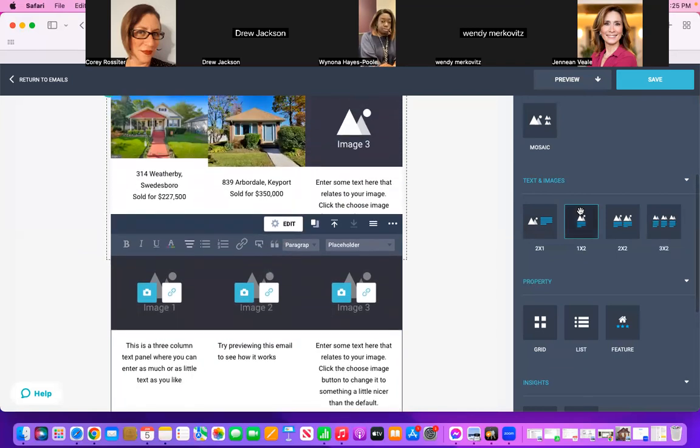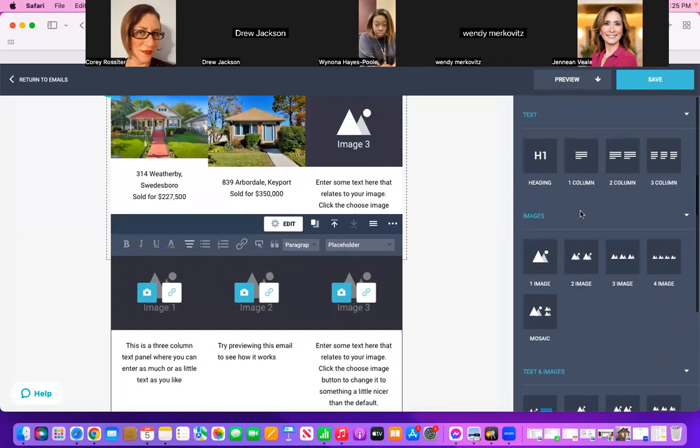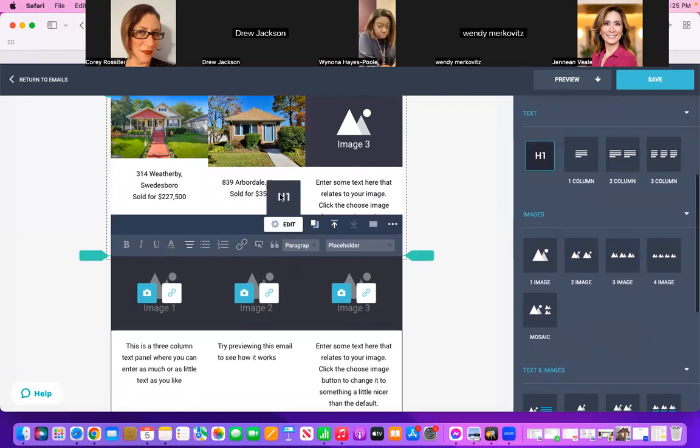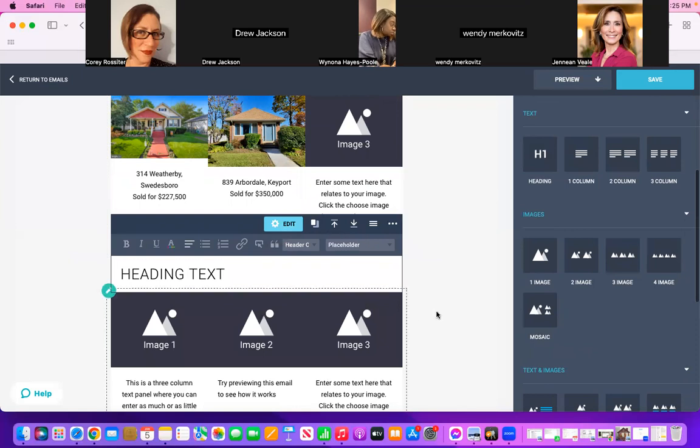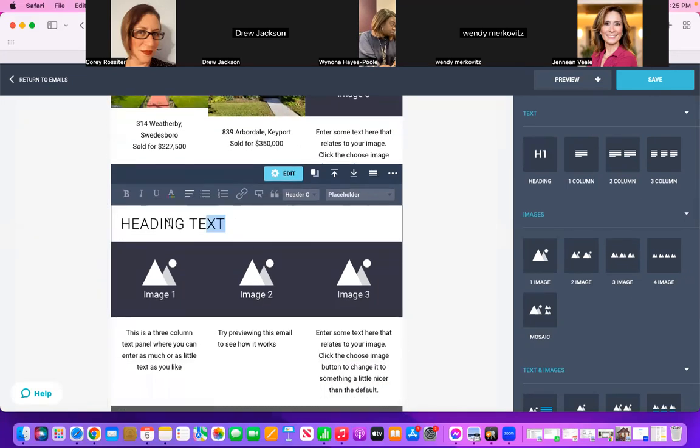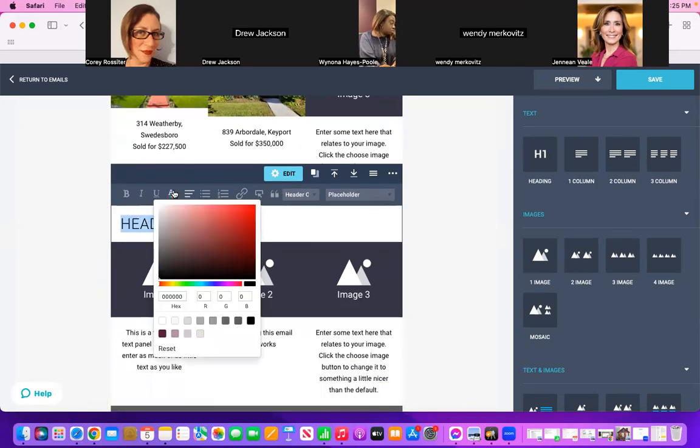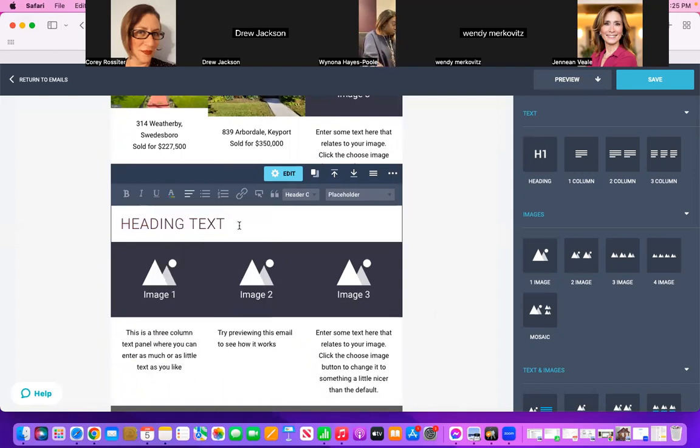Oh, and I forgot to add my heading. So I'm going to go back up here, grab my heading, and I'm going to put it in between those 2. Okay. So I'm going to change the color again to the Berkshire Hathaway Cabernet or whatever it's called. And I'm going to say